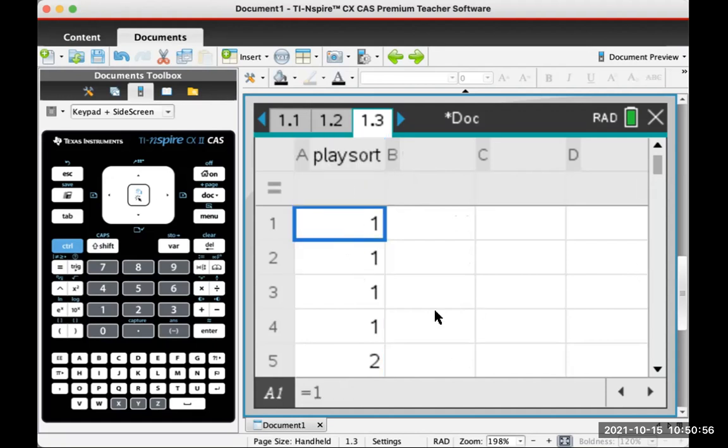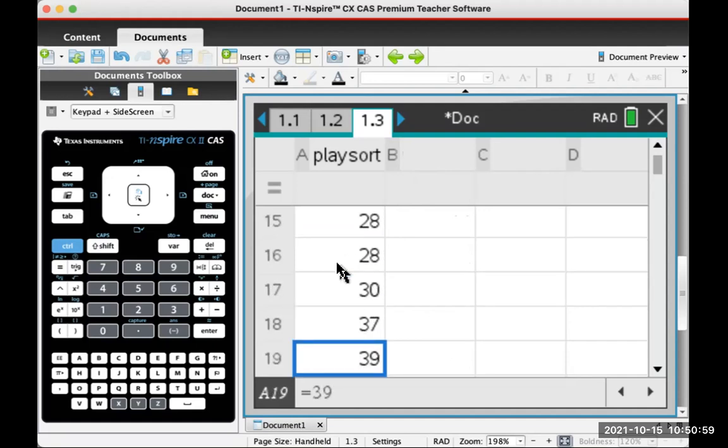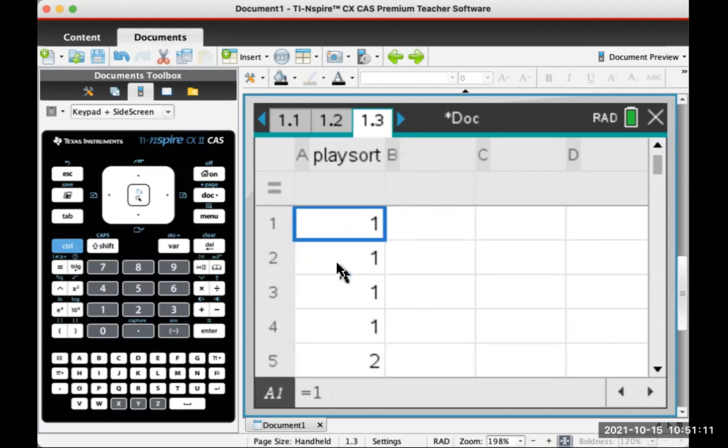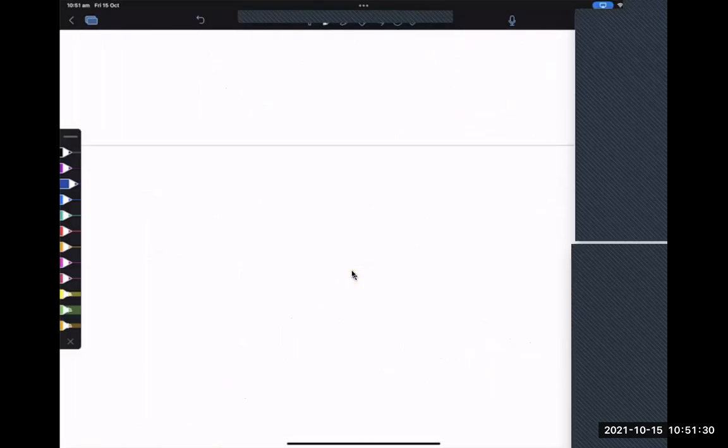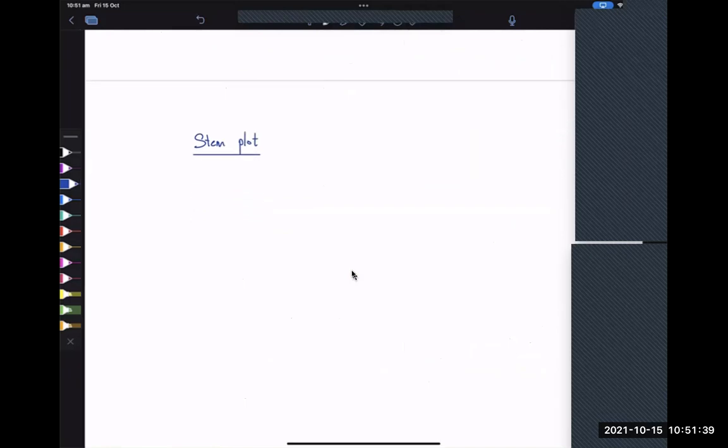Now this makes it easier because we can build our stem plot now. So just having a look at the different classes, we might do it in groups of 10, because it goes all the way up until 93, from 1 to 93. So with that in mind, we're going to do this. Features for the stem plot. Stem plot. We have